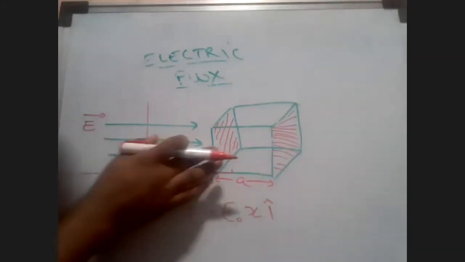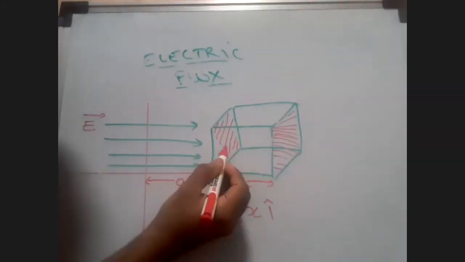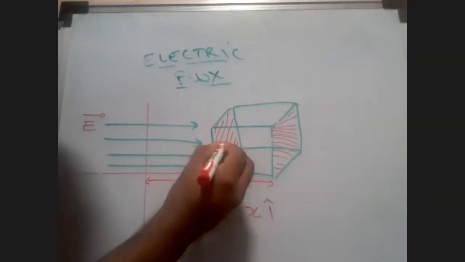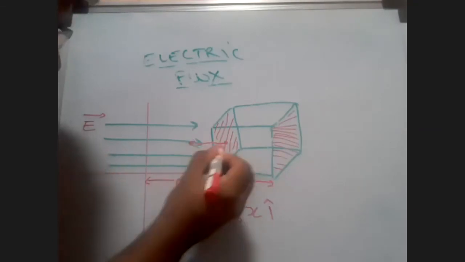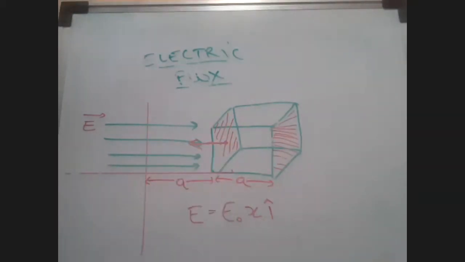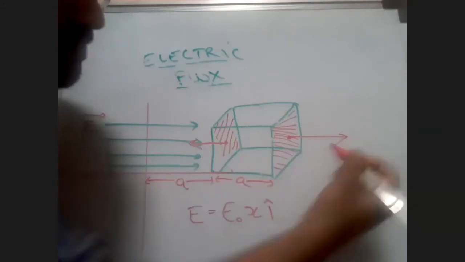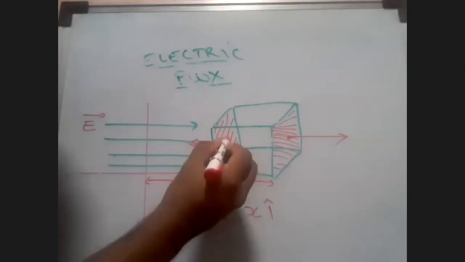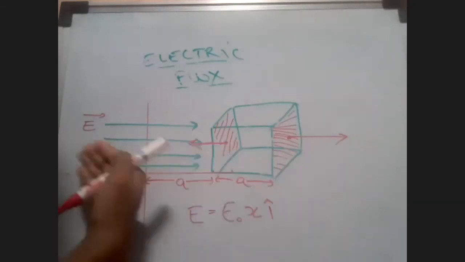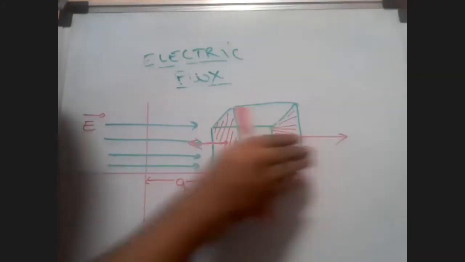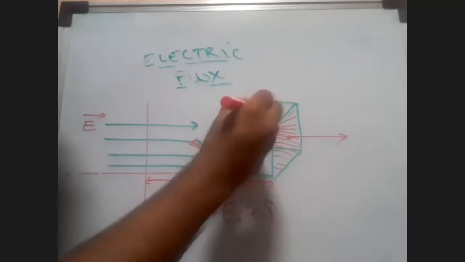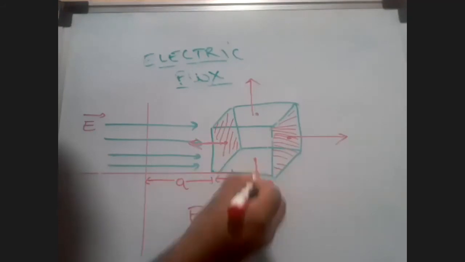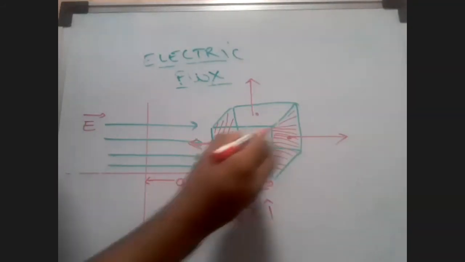So look at this. The electric field lines are going through this surface 1. What is the area vector of this surface? Where is this surface facing? It is facing this side, no? So the area vector of this is going to be opposite. Area vector of surface 1 is going to face this side. Area vector of surface 2 is going to face the right side. Area vector of the top surface is going to face this way. This one is going to face below. The back one is going to face the back side.